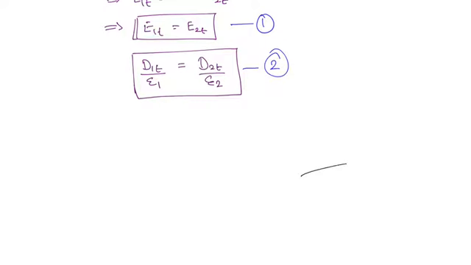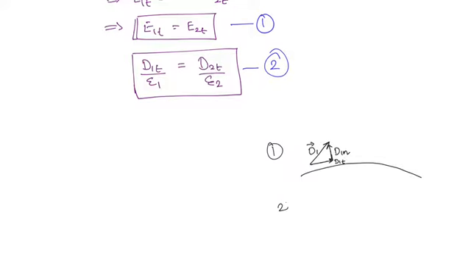So here also we will just redraw this interface, right? So here we have D1. Okay, so this component and this component, what will be the horizontal component? It is the tangential component, which is D1t, and the vertical component is normal to the surface, which is D1n. Okay, so D1 you can write here.